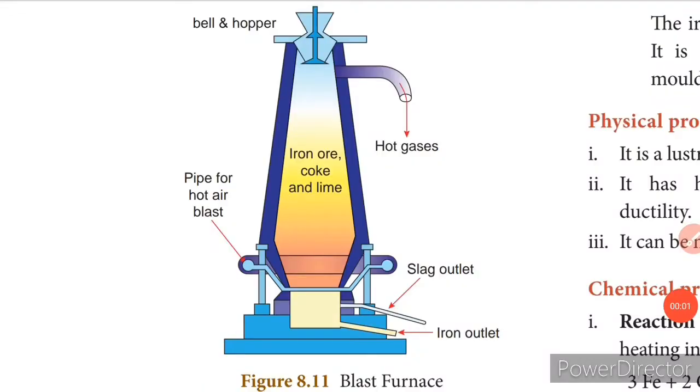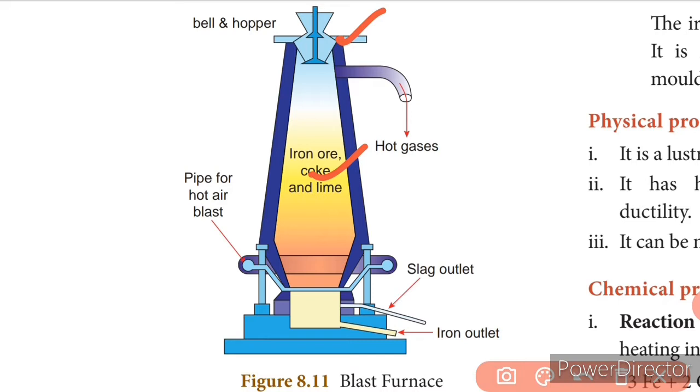The smelting process is carried out in the blast furnace. Now let's see the description of the blast furnace. The blast furnace consists of the cup and cone arrangement, in which the charge is fed into the blast furnace. Now what do you mean by charge? Charge is nothing but a mixture which consists of iron ore, coke and limestone. This is fed into the blast furnace and a series of reactions takes place.